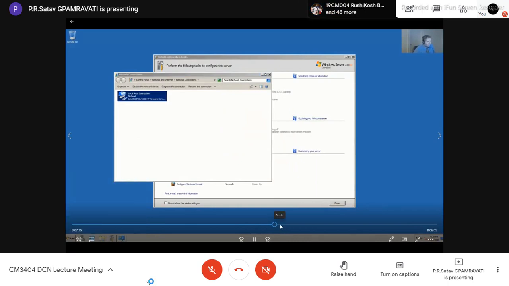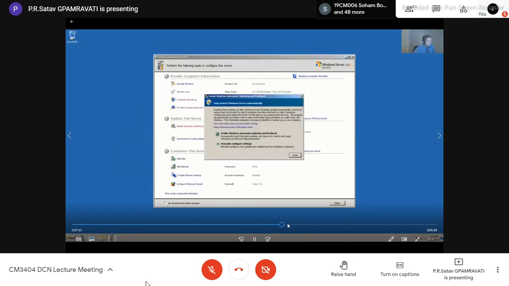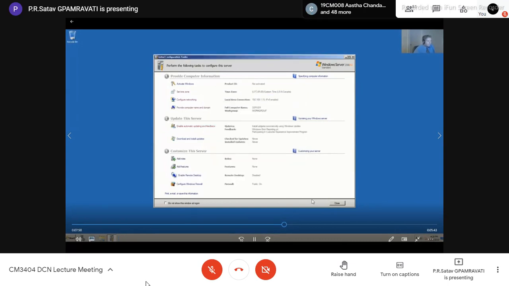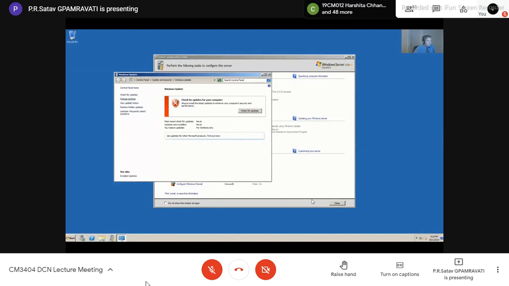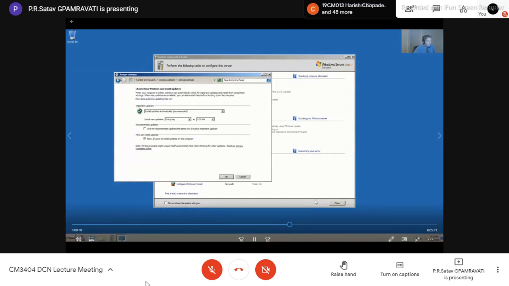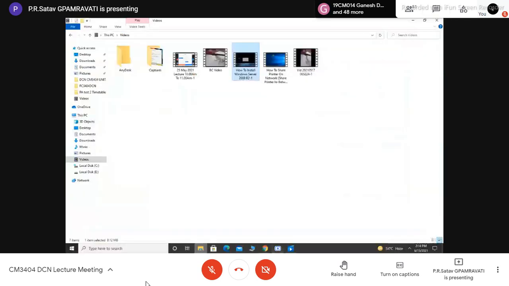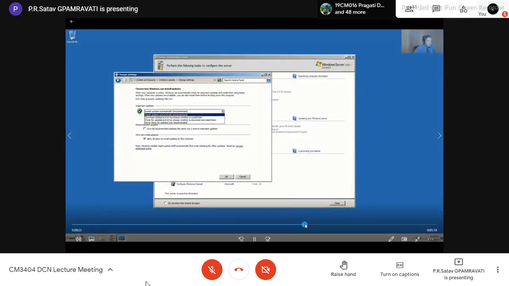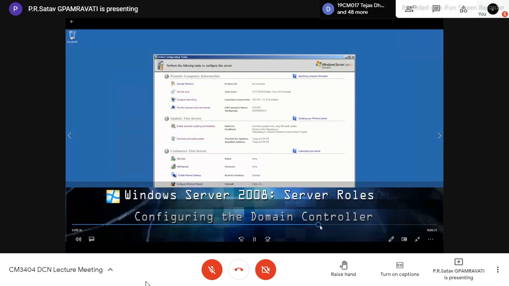Now with this IP address configuration, we need to add some rules. In that case, we can add rules, or you can protect your Windows system automatically. So enable automatic updating and feedback, then download and install updates. You can close that, or install it as and when required. It will show you how it is done. Then after this, you need to run Windows Update, so it will be updated.